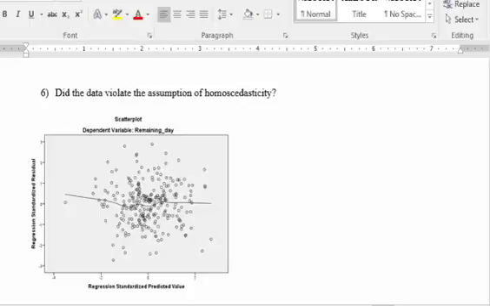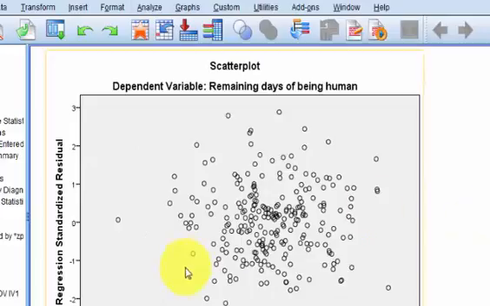So homoscedasticity. What is homoscedasticity? That is that the distance of the residuals from the regression line should be relatively the same all over the place. Doesn't have to be perfect, but in other words, the spread of the residuals should be relatively the same across the entire regression line. And this looks pretty good. So how you do that is you go back to SPSS. Remember when we put that graph in there that said